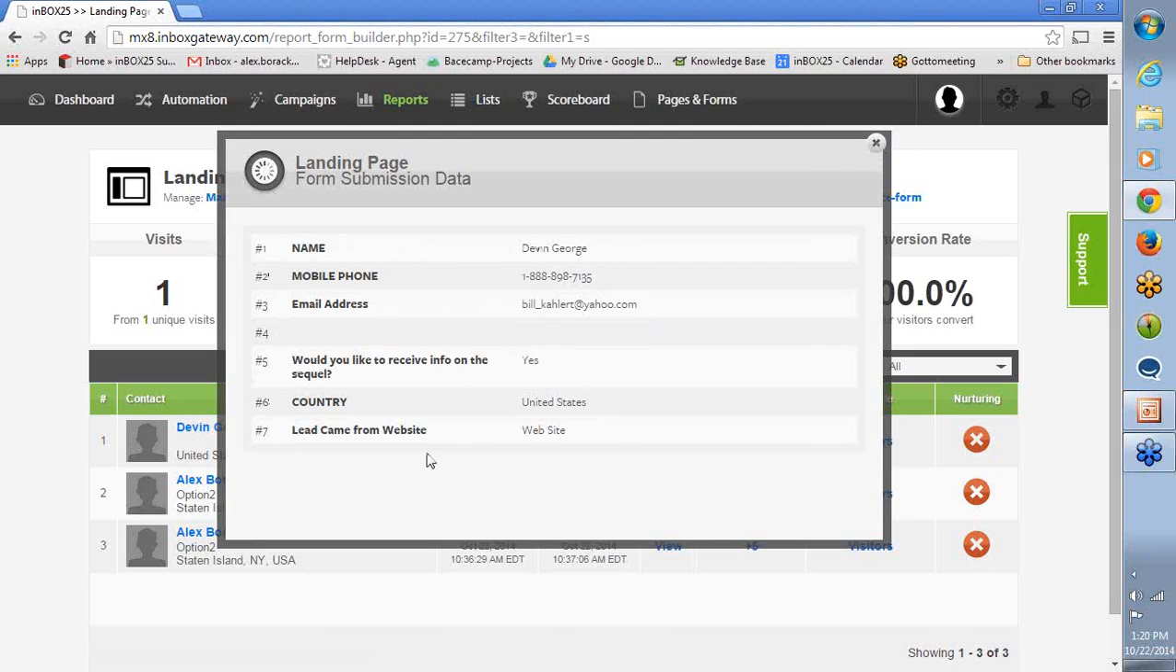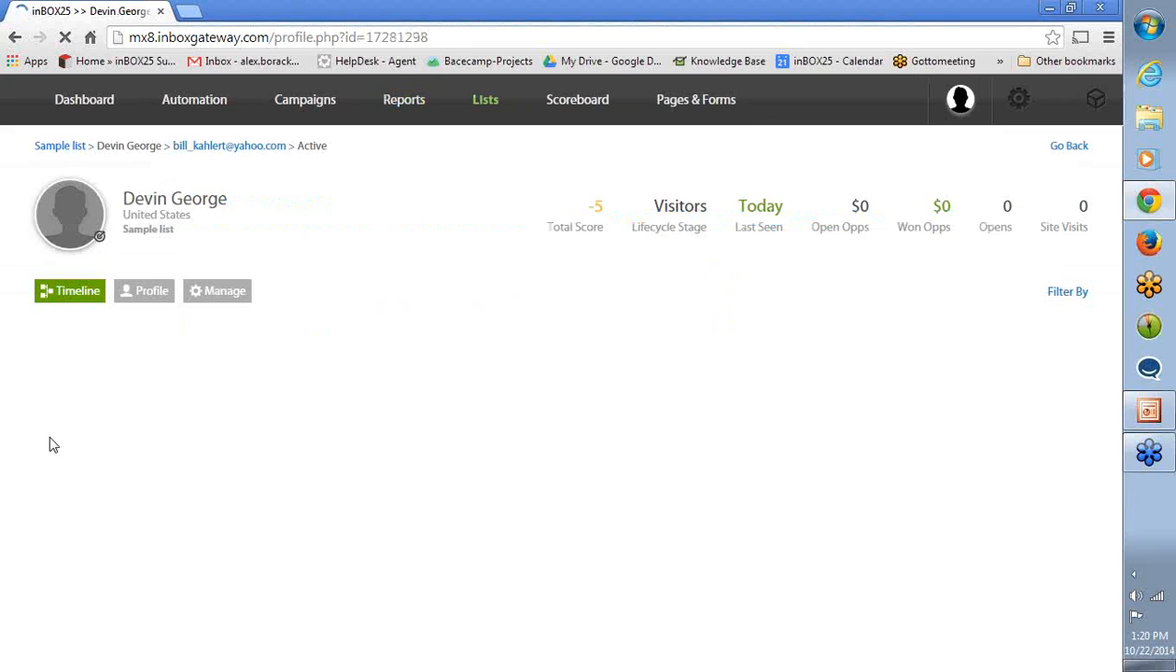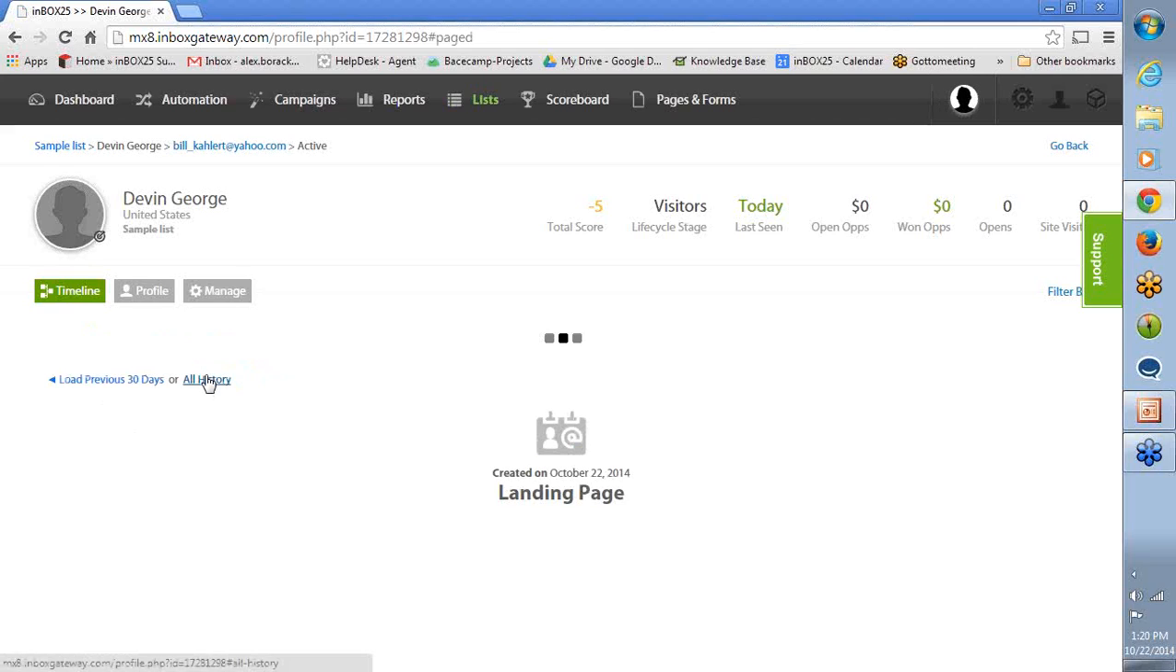As you can see, they filled out all the questions. Now, let's take a look at Devin George's timeline profile. The timeline profile of INBOX25 is anything and everything that has to do with the specific record in question. For this example, Devin George. So the timeline is going to show any and all history that Devin George has had in interacting with your